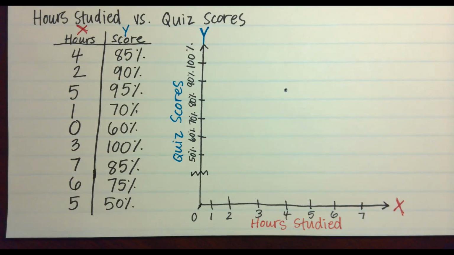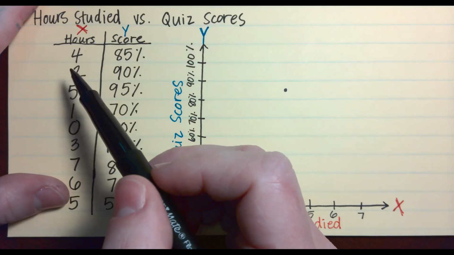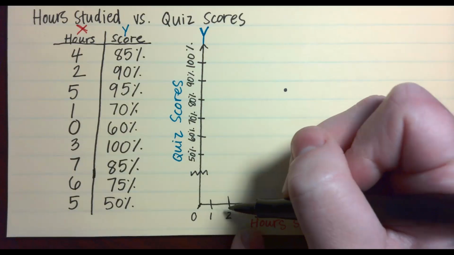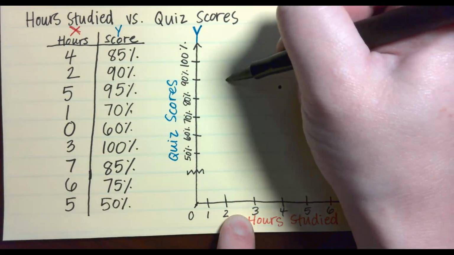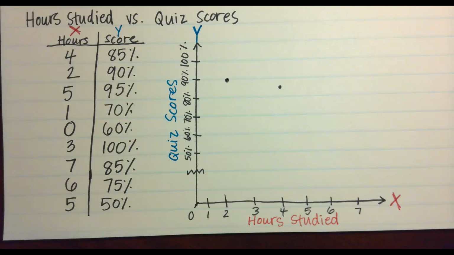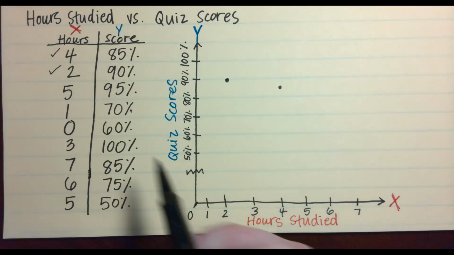And I don't want you to label them. I want you to just leave them as points because I don't want it to get too crowded. We got a lot of points to plot. Okay. I'll do another one with you, and then I'm going to have you guys do the rest on your own, and I'll do them quietly as you work on them too. So the second one, this person studied for 2 hours, and they got a 90%. So I'll go to 2 hours on my x-axis, and I'll go up to 90 on my y. There we go. All right, now I want you to go through and plot the rest of the points.